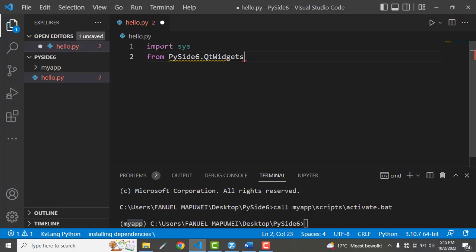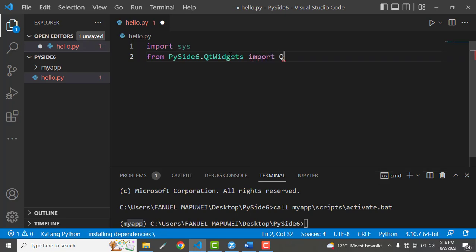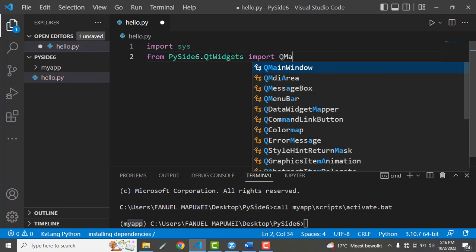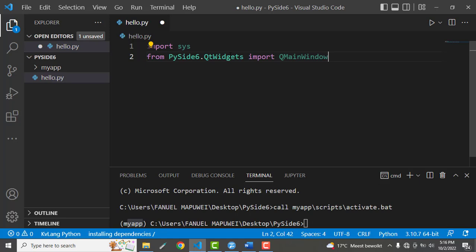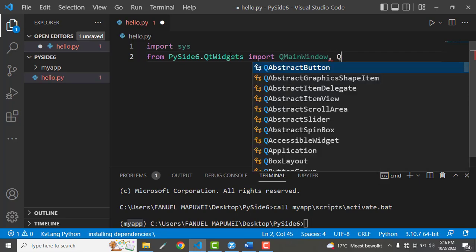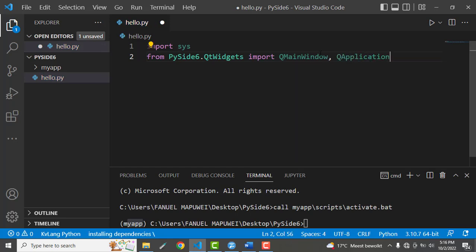widgets. Then inside this QtWidgets, it's a module, and this module contains the QMainWindow, because we are going to display a main window. We are going to create our first window. So we need the QMainWindow class, and we also need the QApplication class. This QApplication class and QMainWindow are part of the QtWidgets module, which is also part of the